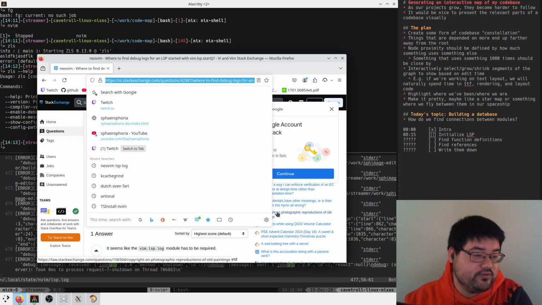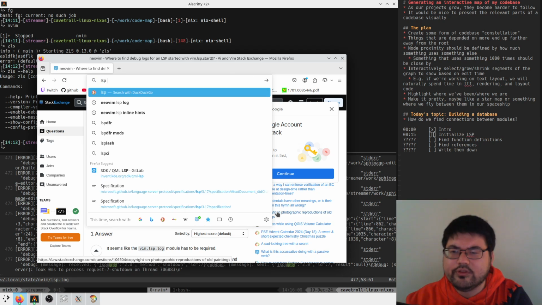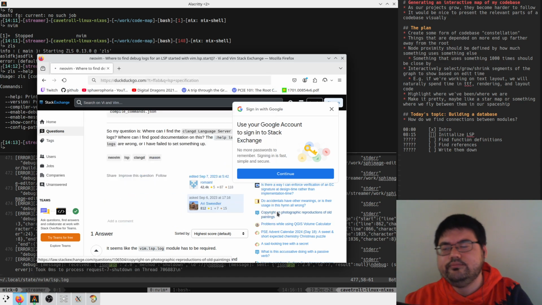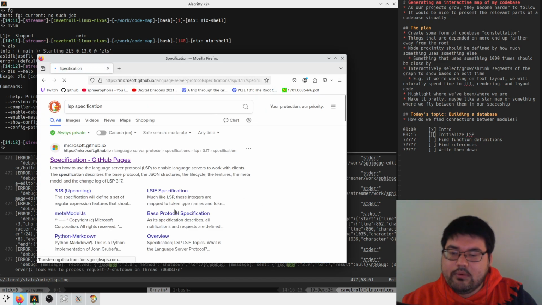So I guess the play here is to look at, did you restart ZLS after changing the command? I thought so. I thought that ZLS is spawned by NeoVim, was my understanding, but it's worth double checking. If we look at the LSP specification,